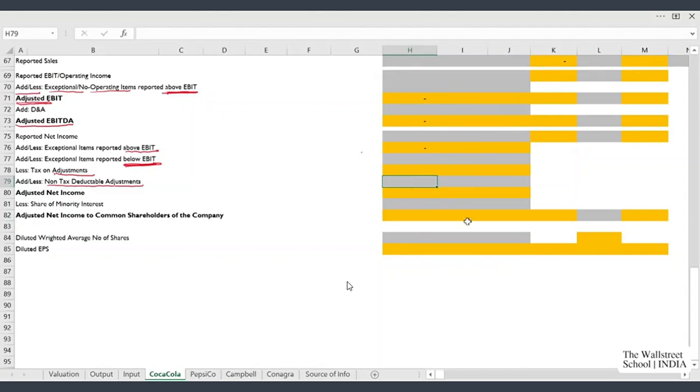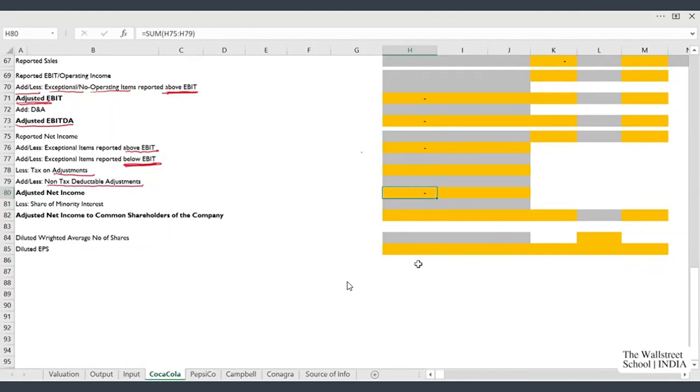Friends, once we are done with punching in these exceptional items which are impacting my net income, in the next row, row number 80, I'll be calculating adjusted net income or clean net income, which would be simply the sum of reported net income and the reversal of all adjustments net of tax.